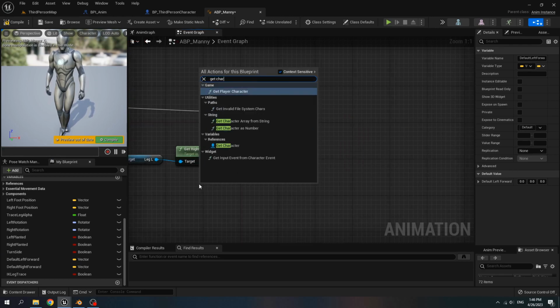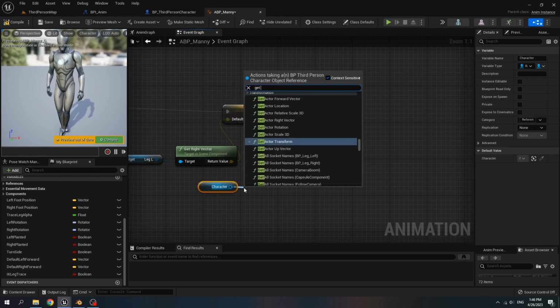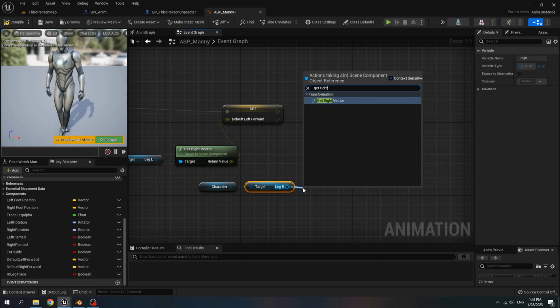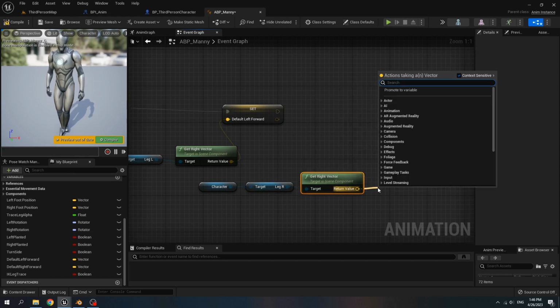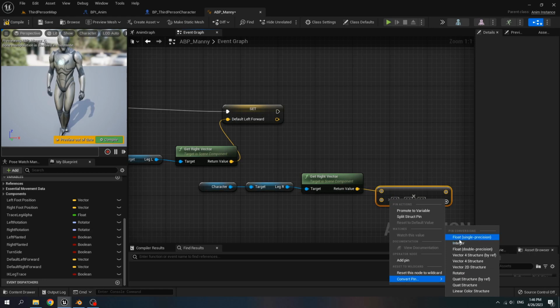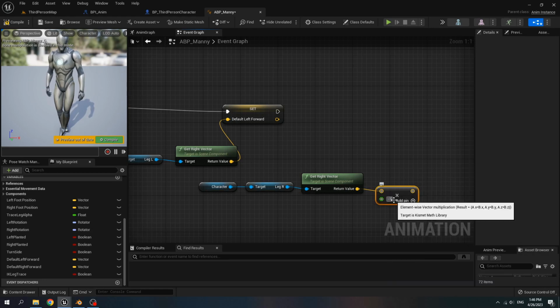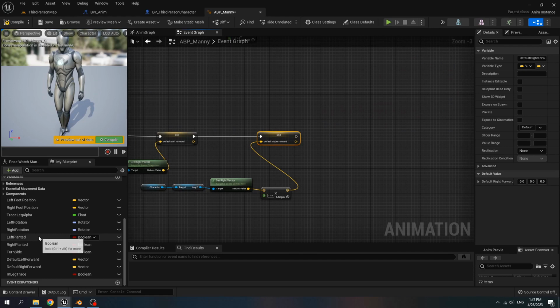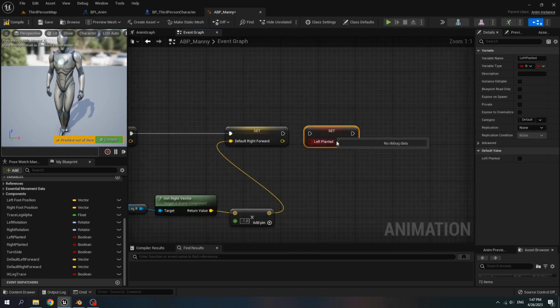Get character, get leg R, then get right vector, multiply, right click, convert float to -1, and set to default right forward. Next to default right forward, set left planted to true, set right planted to true.